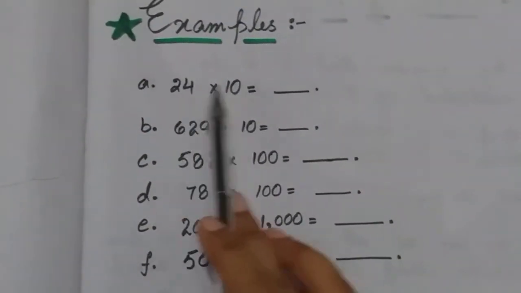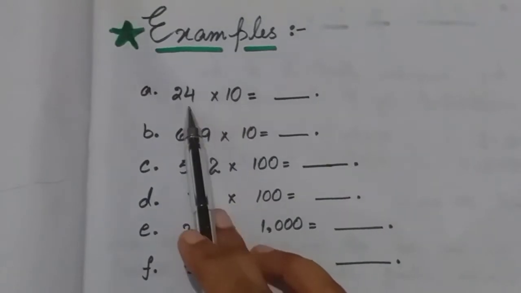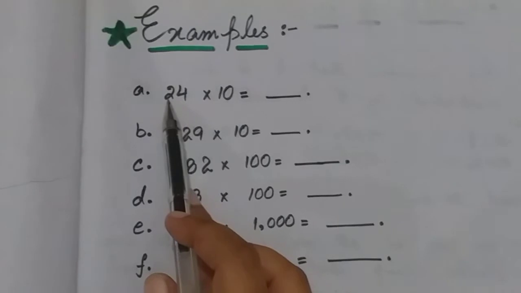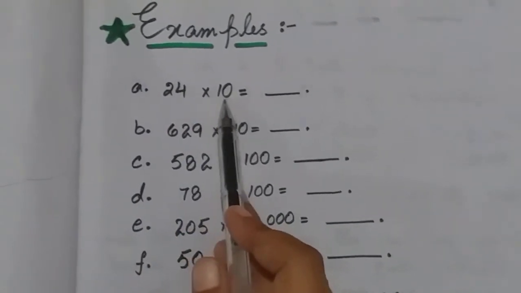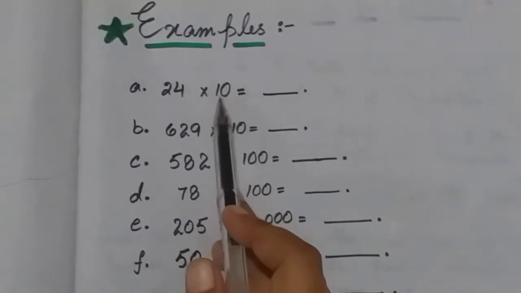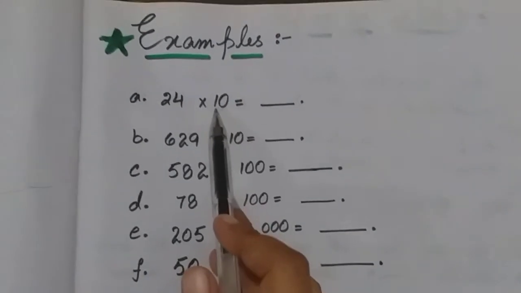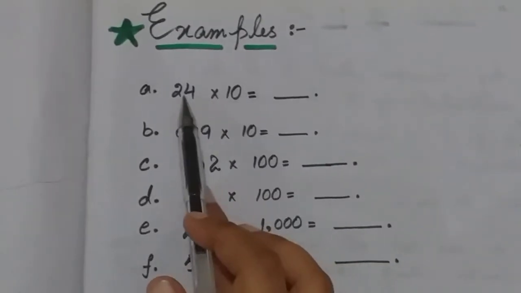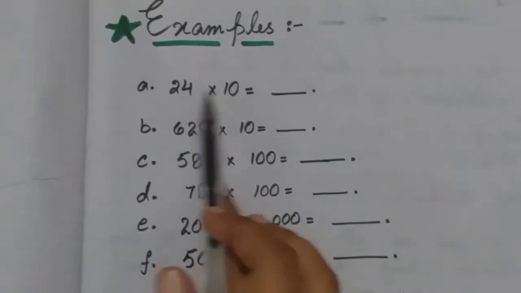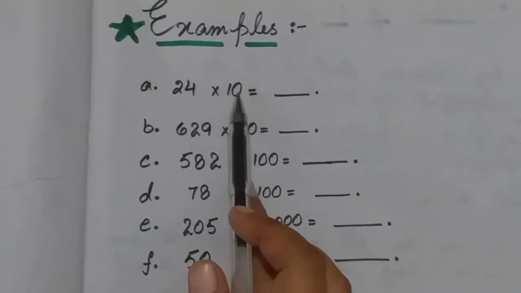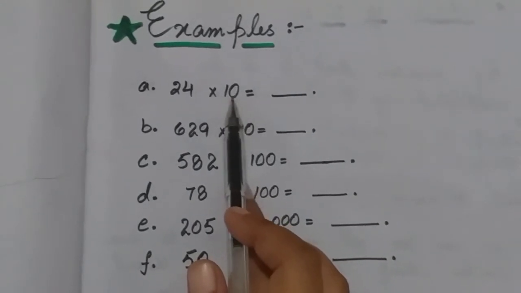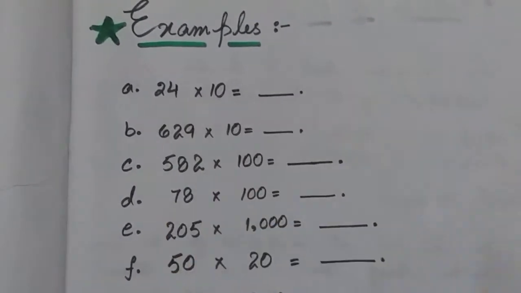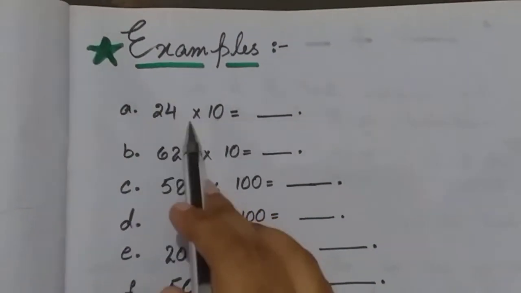One option is to find the product of these two numbers by performing long multiplication, that is the multiplication of a two-digit number by a two-digit number, as you have already learned in the previous video, but this is time taking. So we have a short method to find the product of this type of question, in which the multiplier is a multiple of 10. So how can we find it without doing long multiplication? Look carefully. So what will we do?